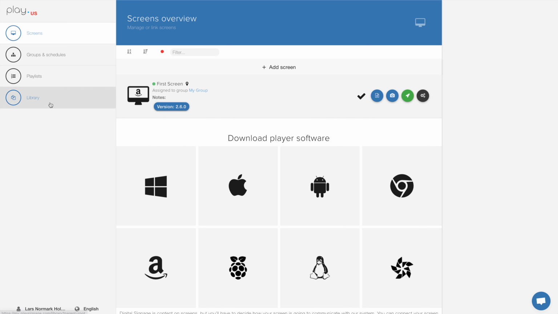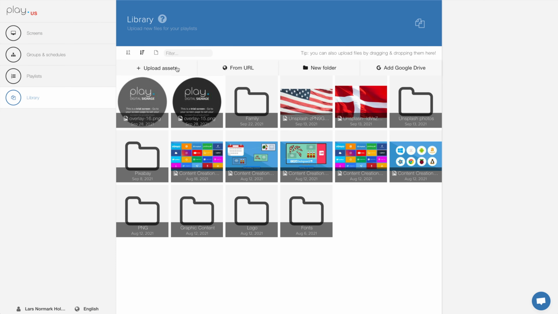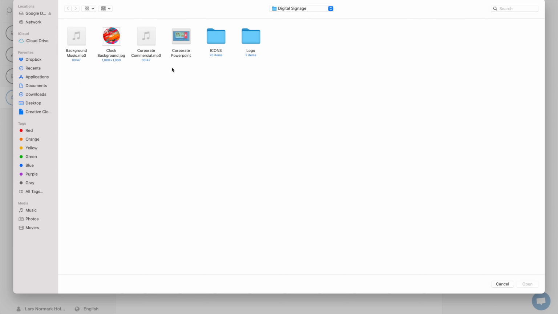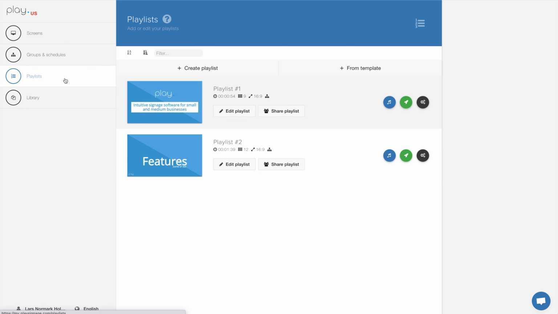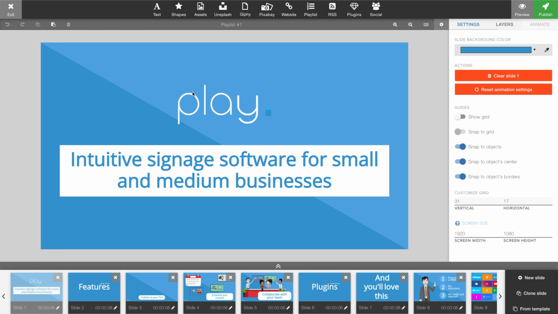So let's go to our library. Let's upload assets. I have a short audio file here, an MP3 called Corporate Commercial. Let's double click and the system is automatically going to upload and convert the file to something usable in your digital signage content. Now going back to playlists, opening up my playlist number 1, and in this tutorial we will